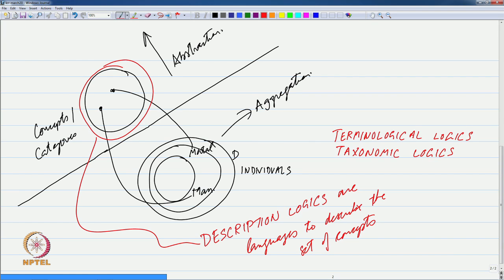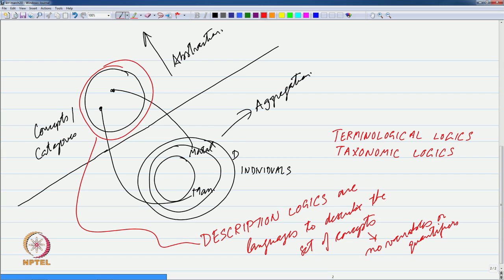So, one thing which is different in description logics from FOL is that they do not have variables or quantifiers. If you wanted to say that the set of men is a subset of the set of mortal creatures, or in other words all men are mortal,